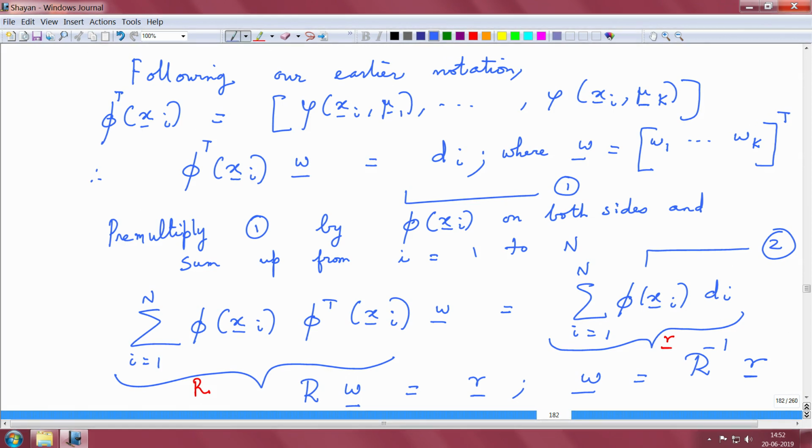Now as you can see through this equation, let me call this equation 3, to compute the weight you will need the inverse of this matrix, which is capital R, and this can be pretty hard if we have a large number of data points. If capital N becomes quite large, then computing the inverse is going to be a hard problem. Or even the pseudo-inverse, because if it is a rectangular matrix then you still have to do something to get the pseudo-inverse, and computing that also becomes pretty hard.